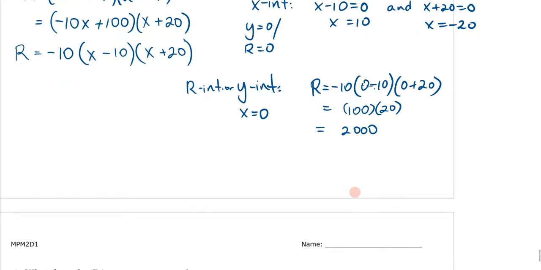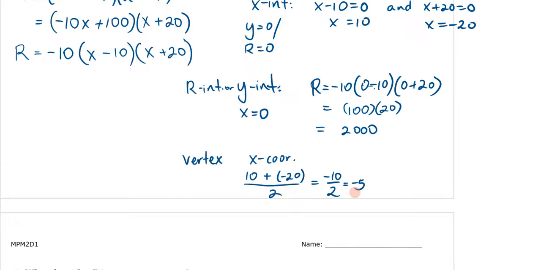And now let's find the vertex. So the vertex x coordinate is just the average of the x-intercepts. So if I take the 10 and the negative 20, so plus negative 20, divide by 2, I get negative 10 over 2, which is equal to negative 5. And I can find the y-coordinate